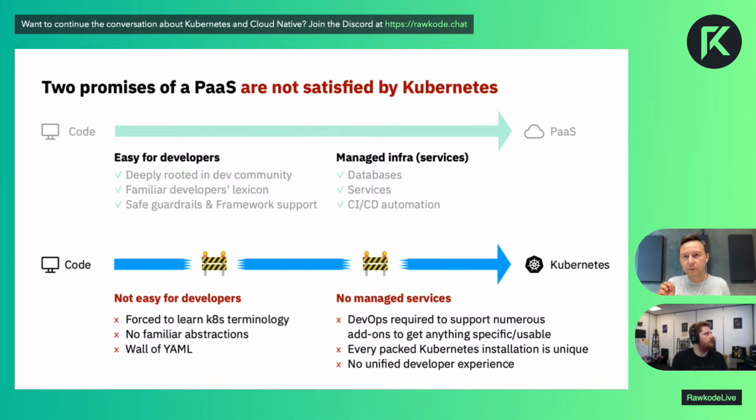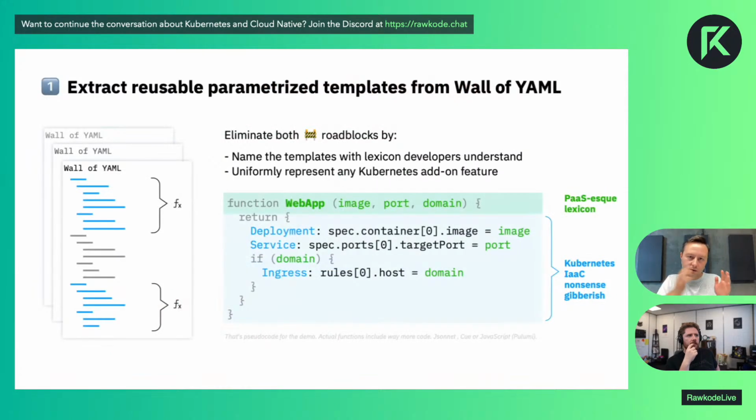And it means that there is no straightforward path from code to Kubernetes, because every Kubernetes is a little bit different. And this is what DevStand is trying to achieve. I have three next slides, in steps, explaining how to get from that wall of YAML to DevStand. So imagine a usual or decent application: a web application, maybe a background worker, a database, maybe file storage